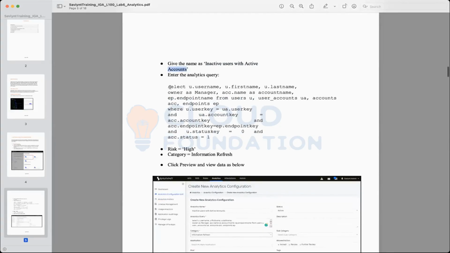Now let's discuss this query. What are we doing here? Within Saviynt, there are different objects, as in every database, right? You will have some objects. Within those objects, you will have certain attributes or columns. And within those, you will store values, right?